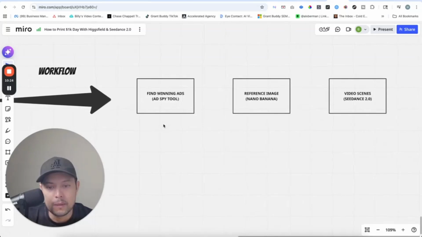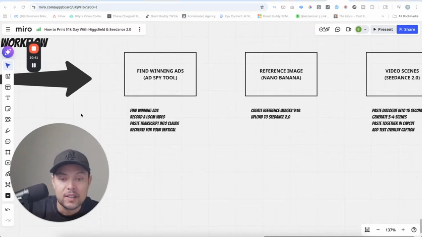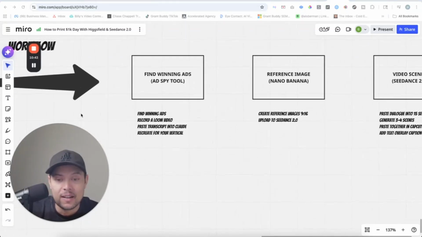So in summary, this is the basic workflow. You're going to want to find your winning ads over in an ad spy tool like Pippi Ads. FYI, you can get